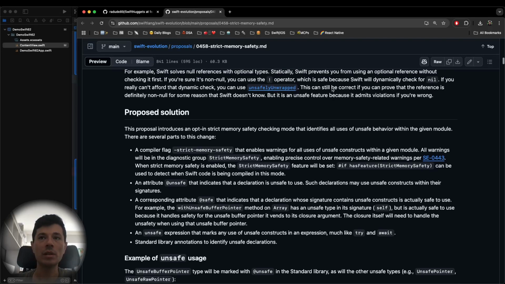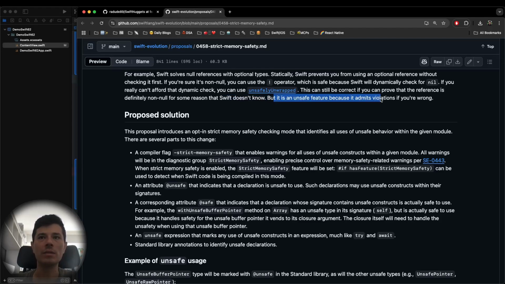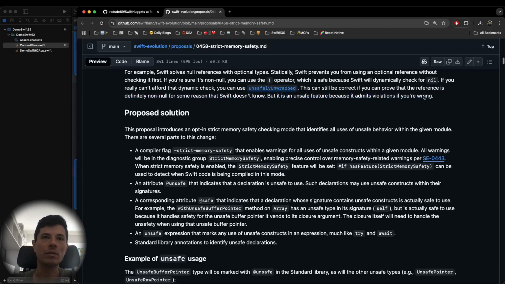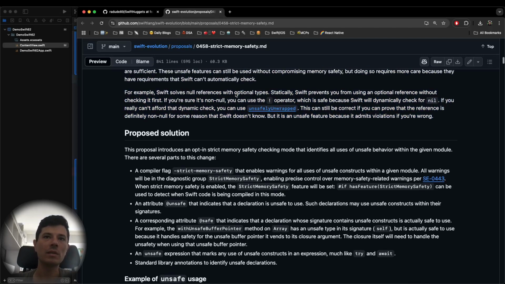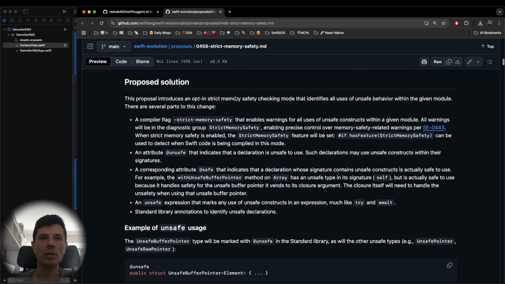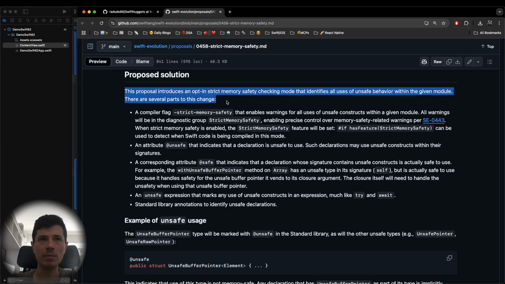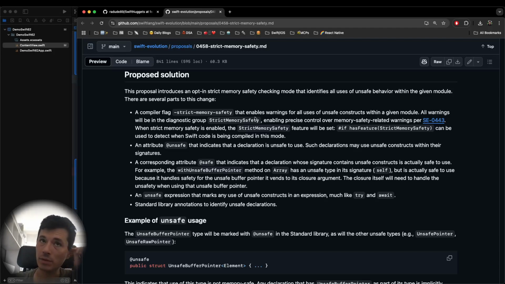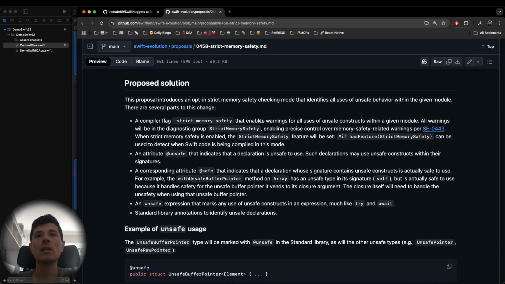This can still be correct if you can prove that the reference is not null for some reason that Swift doesn't know, but it's an unsafe feature because it admits violation if you're wrong. So if you use the exclamation point and you're wrong, then all right, you have a crash and the program will stop. And with this proposal, you have an opt-in, very important to remember, strict memory safety checking mode that